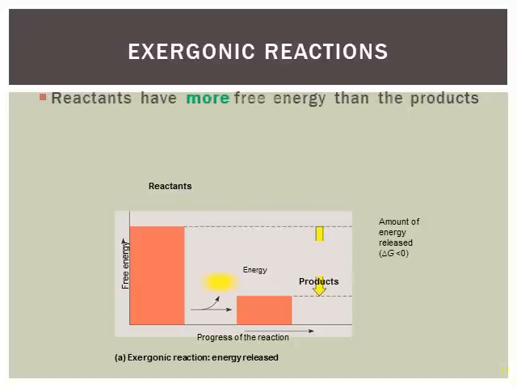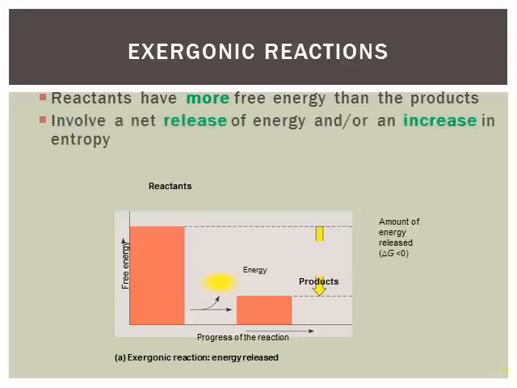So, a relook at an exergonic reaction. We understand that in exergonic reactions we're able to release energy. If we're looking at free energy totals, this graph is showing free energy along the y-axis and progressive reaction along the x-axis. Going from the reactant on the left with lots of energy to the product on the right, we can see that energy is being released in that reaction. This is what we would call an exergonic reaction. Energy is released. The reactants have more energy than the products. So we're releasing energy